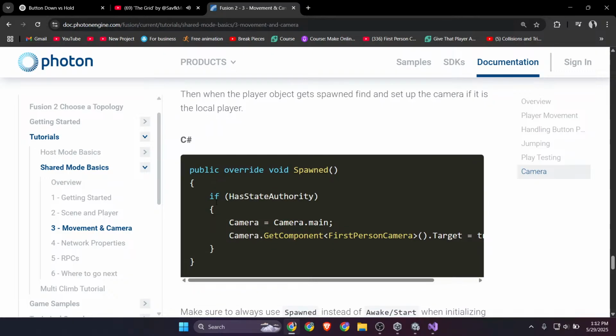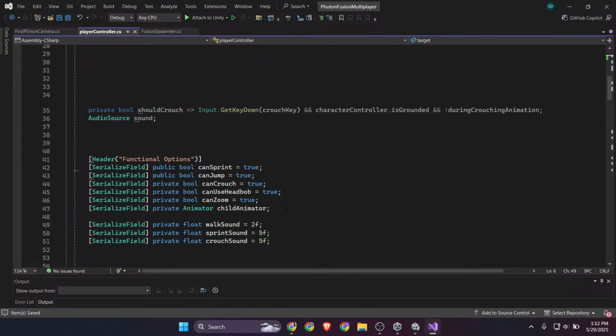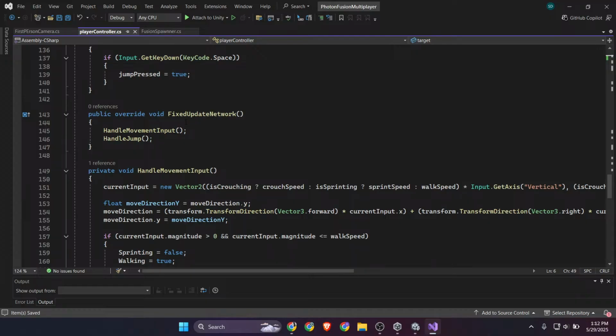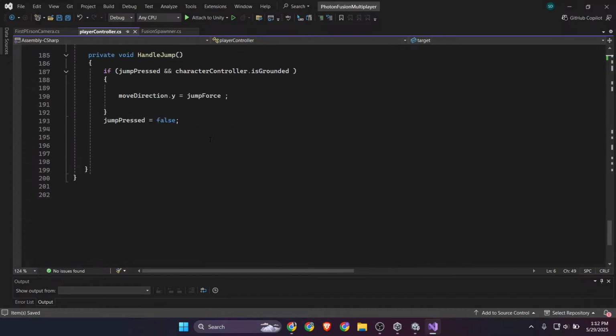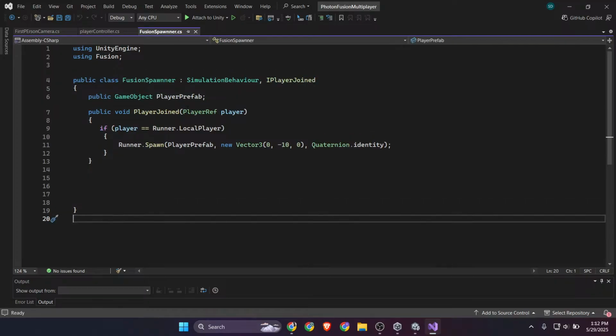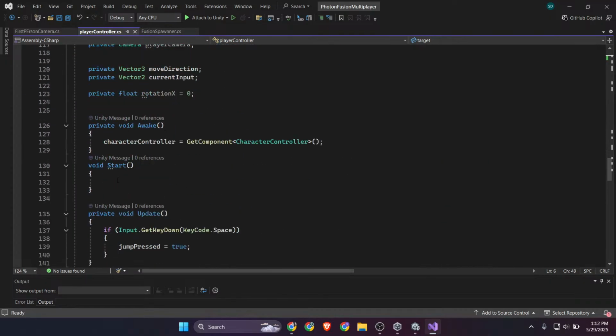So on spawned, I think we have this function called spawned. I think we had this update fixed. No, we don't have. We had it on a different script. Yeah, we had it here. Spawn something. No, we don't have it. I guess I'm tripping right now. Okay, after awake we'll get